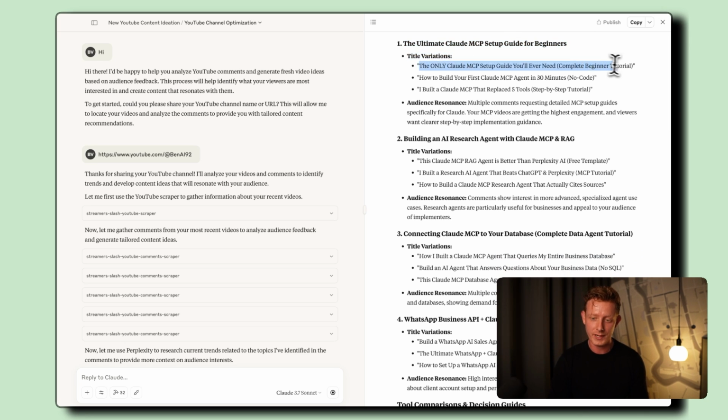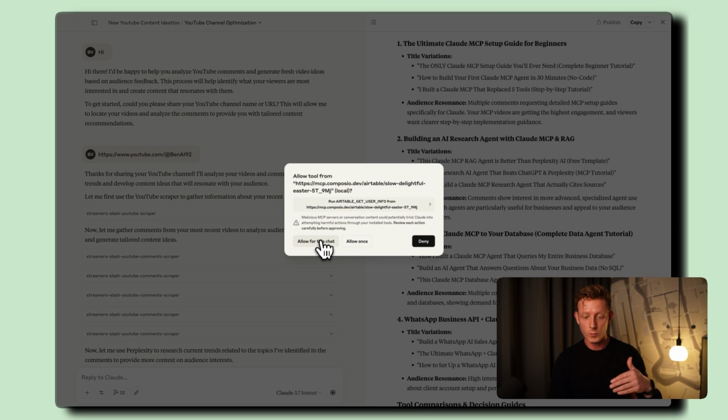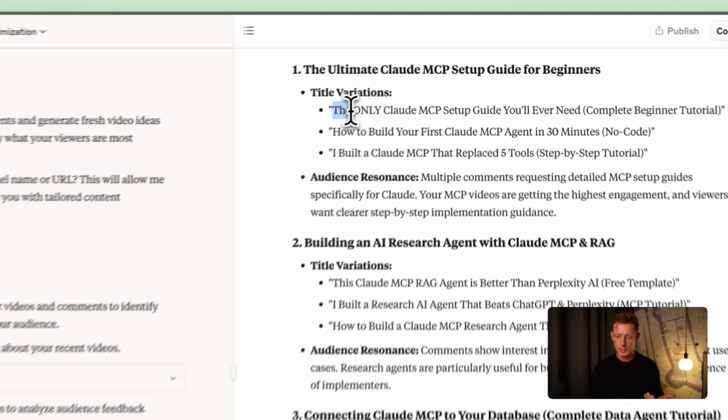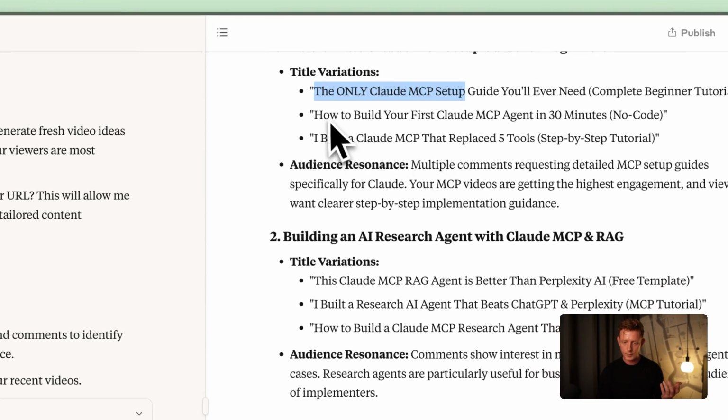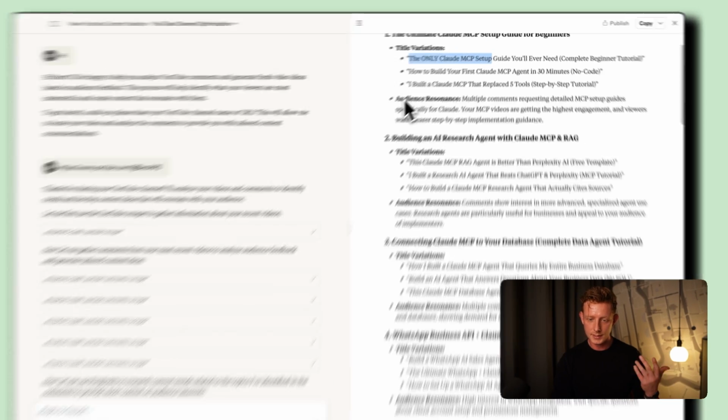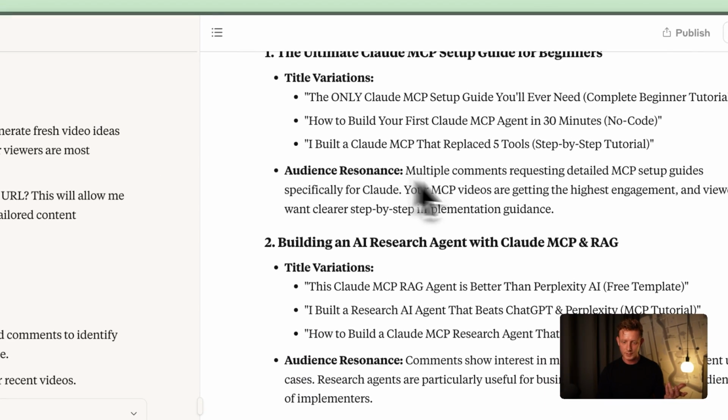And then it gives me title variations too. And basically what I did is, besides the system instructions, I also gave it a Claude knowledge base with all of my past titles. So I also instructed Claude to follow sort of the types of copy I use for my titles. So he did it pretty well. How to build your first Claude MCP agent in 30 minutes. Then it explains why it would be a good